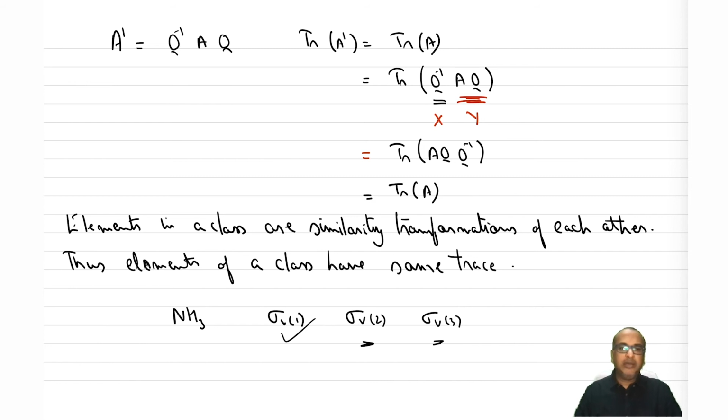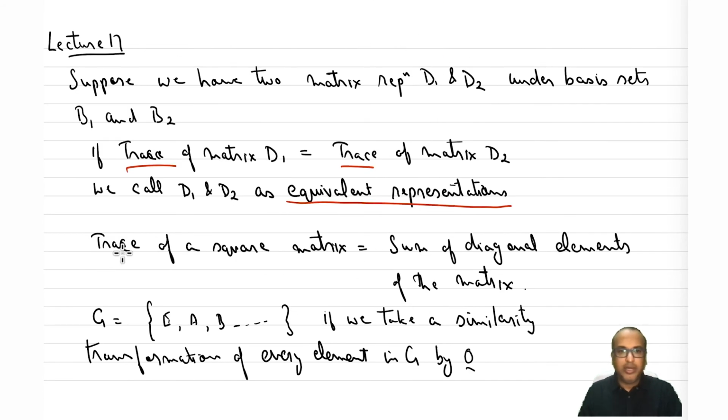So now we have seen how to write matrix representations and what the different ways of writing matrix representations are. And now let us move ahead and see what the different ways of writing characters or traces are. So here we have defined the trace of a square matrix as the sum of the diagonal elements. This is also called the character. So character or trace. I'll be intermittently using either the term trace or character. Both of them mean the same thing.